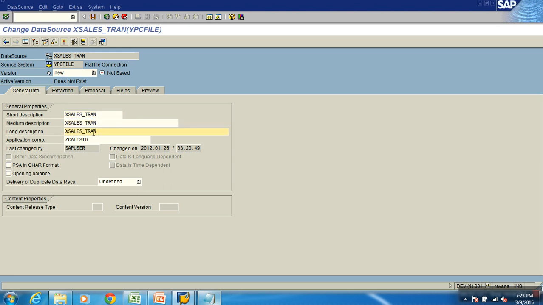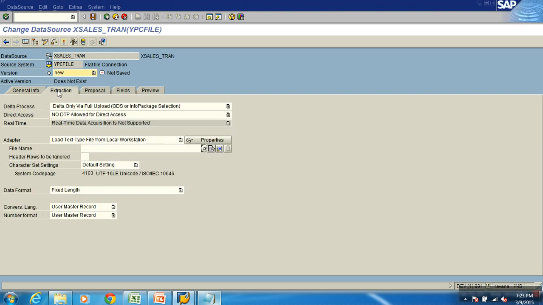But for a data source, I give you two things. It should have the source from where the data should be extracted, and also the fields coming from there, in the same sequence. I just define the data source description, then go to the extraction tab. Since it is understood to be a flat file, it is asking me to load the text file from local